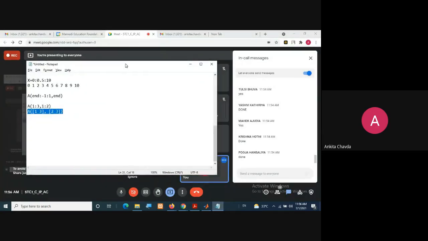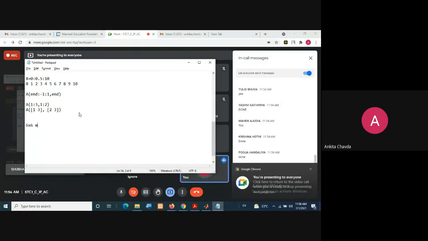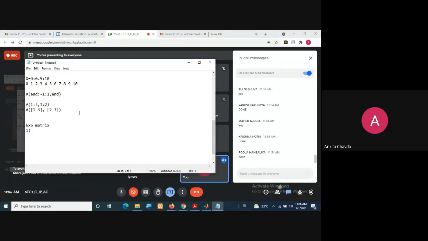Then good. Now you can try by creating a 6 cross 6 matrix. So try this 3 first.